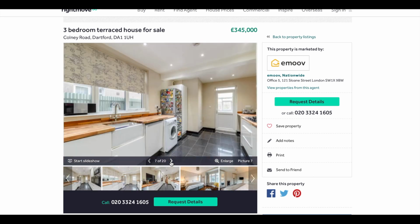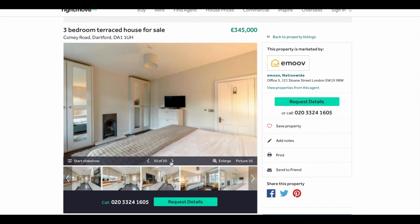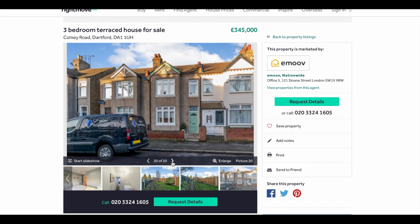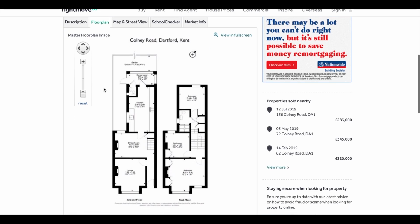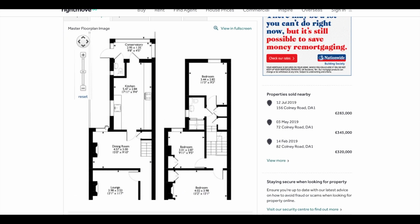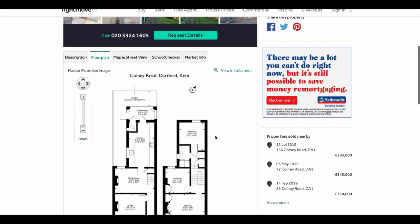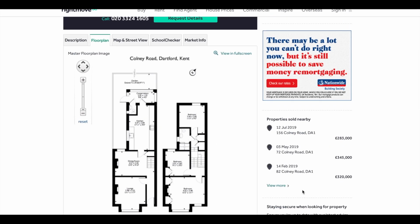So this is a 3-bed terrace house, spacious, large kitchen, nice sized rooms. The garden is long but narrow. This is a real juicy floor plan, quite detailed. I like this. So the last property that sold on this road was in July of 2019 and it sold